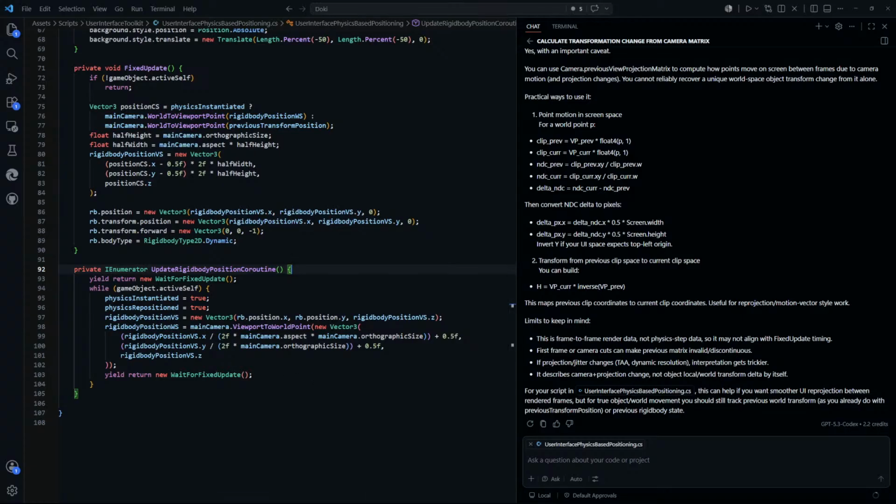Our UI elements are not changing size depending on depth from camera, and I think that's how I want it now. So we're gonna have to base it on that. So I guess we can do